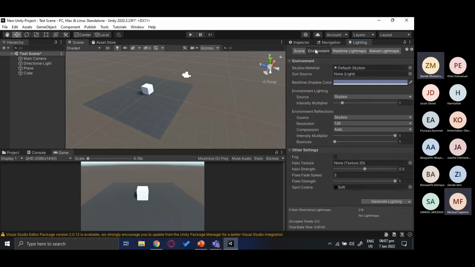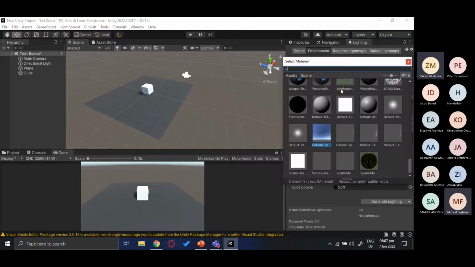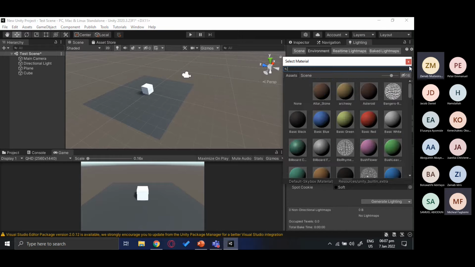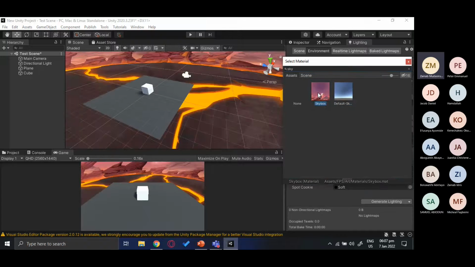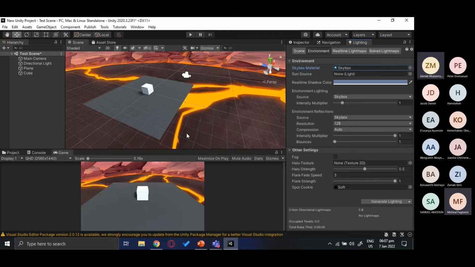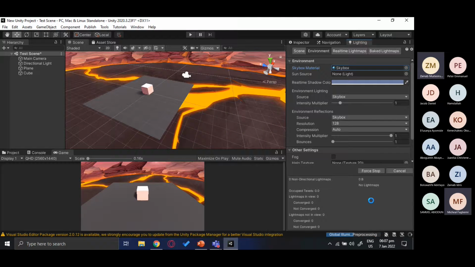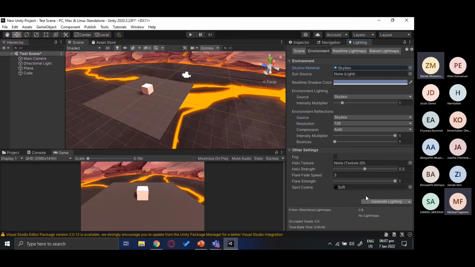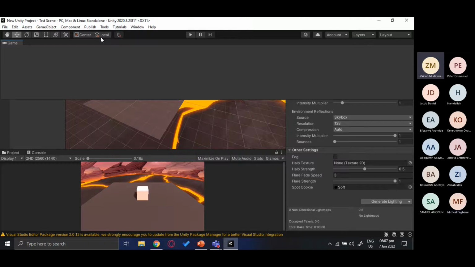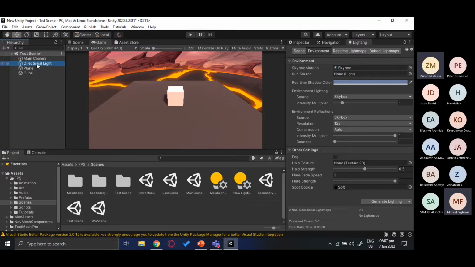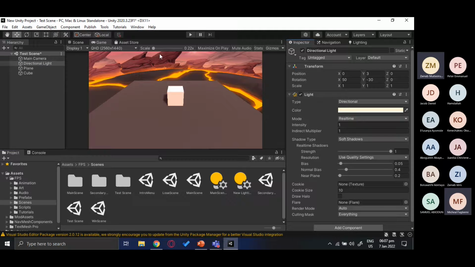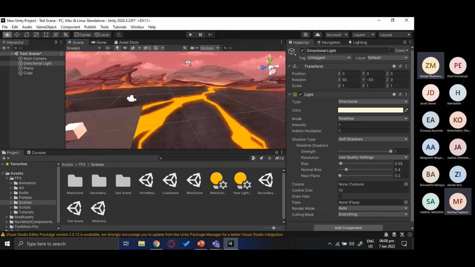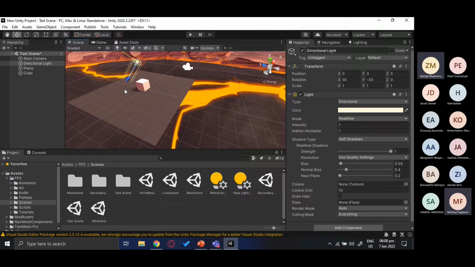Okay, cool. The next thing we'll talk about is the lights. All right, let's go. So we have this directional light, and a directional light is basically like the sun, right? It's basically the sun right now. And in the scene view, you can see the angle at which the light is